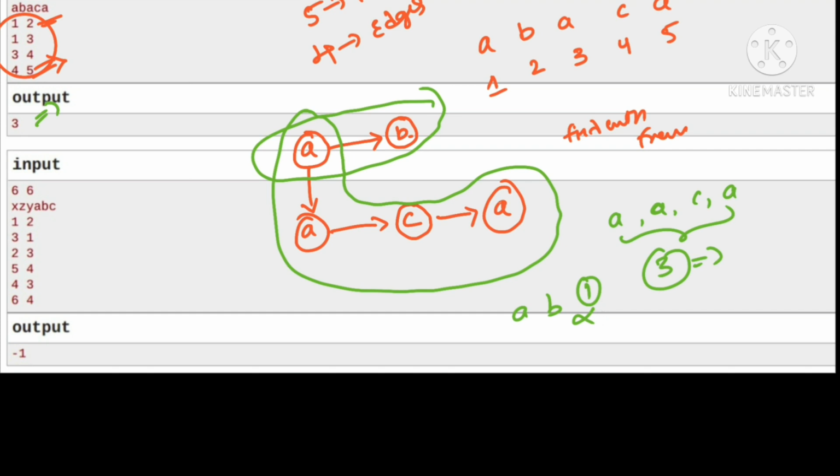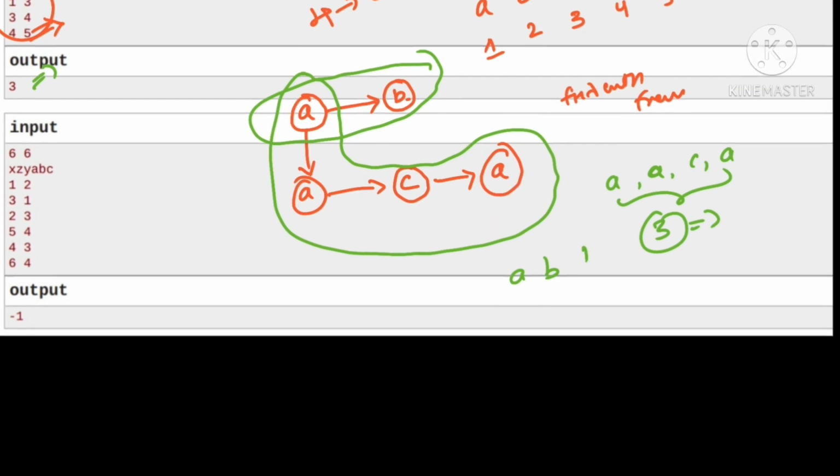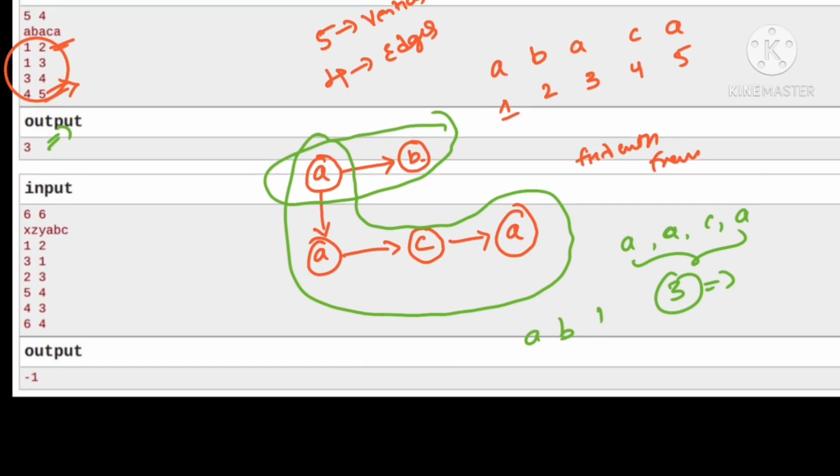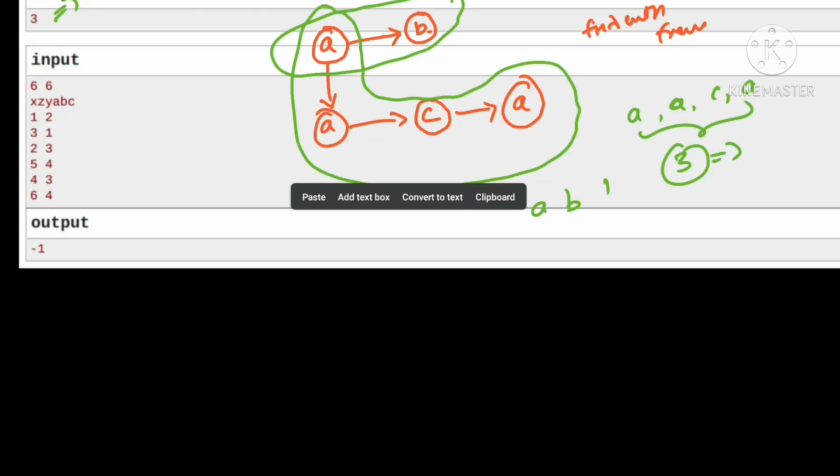And also you cannot take any sub path of this thing, like this thing or this thing, like that you cannot take. That will not give us a very optimal solution. So you need to take this path only. I hope you understand the question. I will also explain the other test case. So let me explain the second question also.